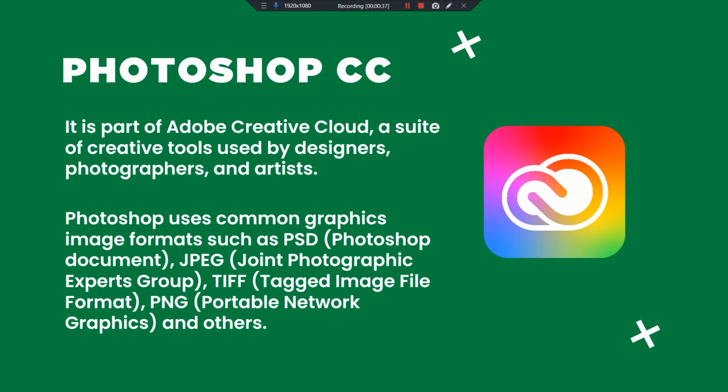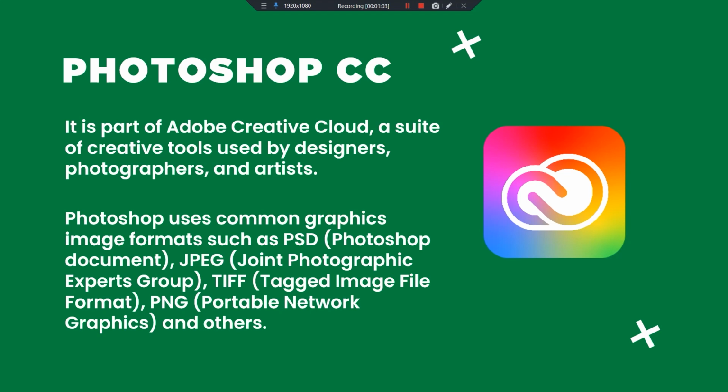So in 1988, Adobe released the first version of Photoshop, which was Photoshop version 1. A year on they upgraded it to 2, and as time went by, they upgraded it to 3.0, from 3.0 to 4.0, 5.0, 5.5, 6.0,